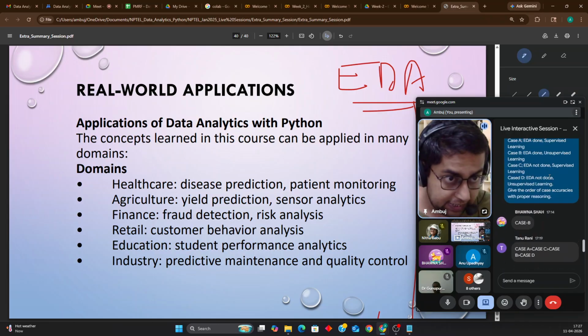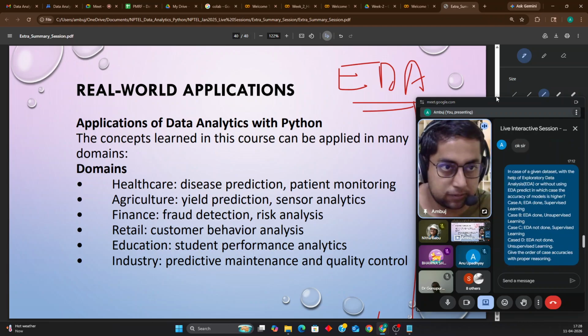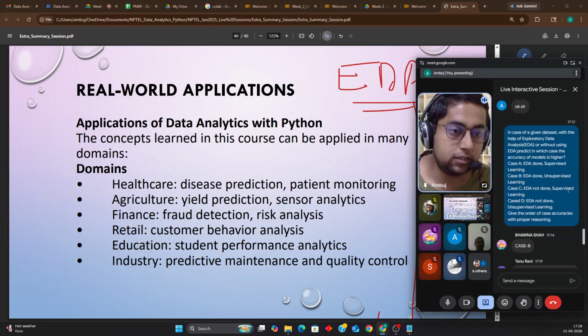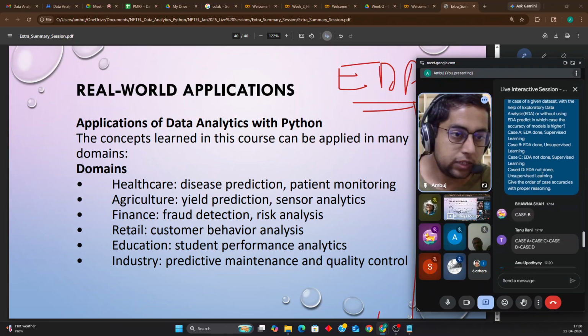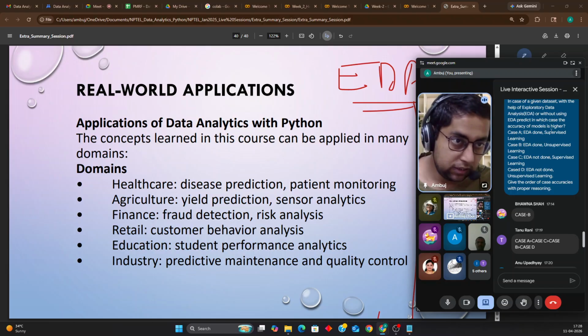But I will tell you the answer. I will not leave it unanswered. Listen to my answer, then make your answer in the examination. Case A will have the highest accuracy as compared to case B, then case C, then case D. Why so? In case A, all the features which increase the accuracy of prediction of any model are